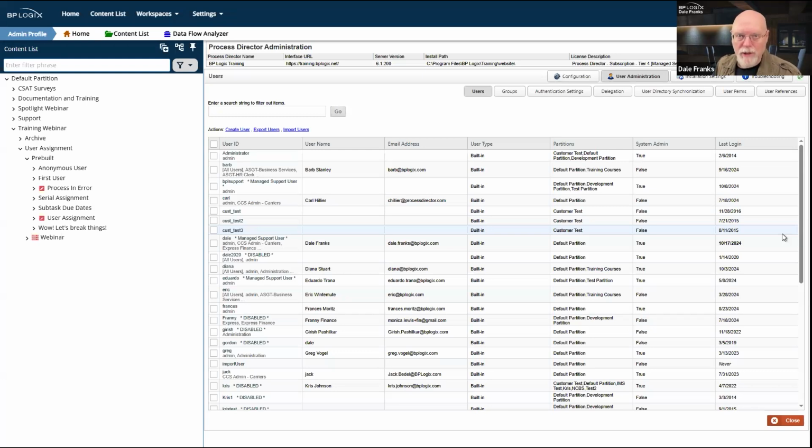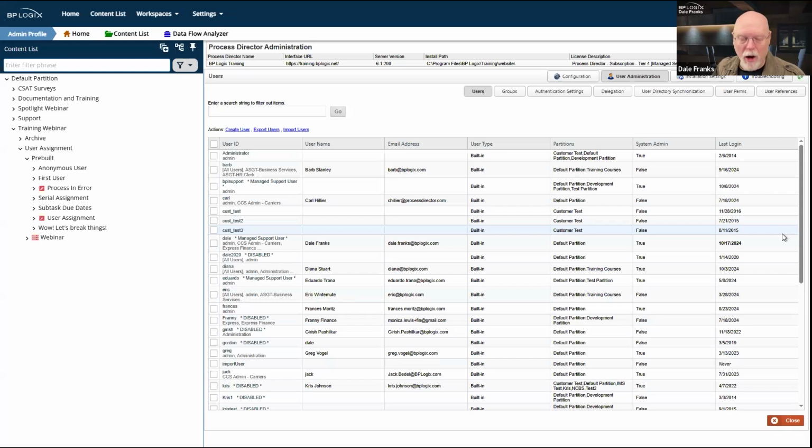Now, your particular setup may be a little bit different. You may authenticate your users through SAML, as I know many of you do. And the SAML login is just asserted in Process Director, and those SAML accounts log into Process Director indirectly through your SAML system. Similarly, some of you are using Windows SSO, and in that case, of course, your Windows login assertion also gets passed to Process Director, and you just are automatically logged in.